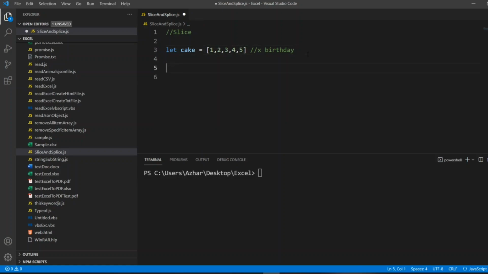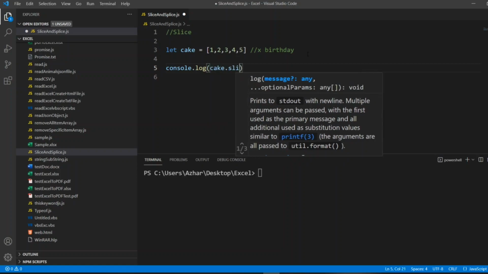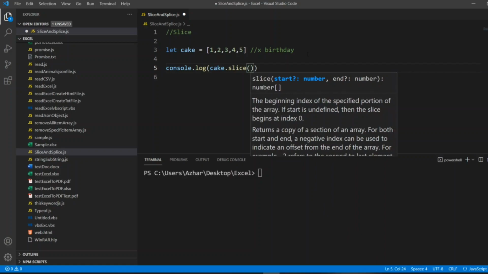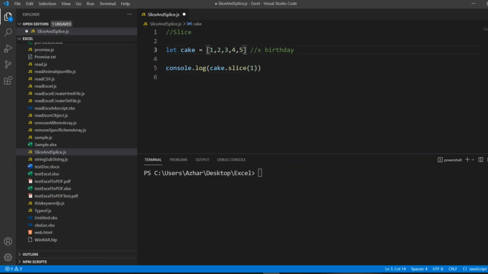So now, if I want to do that, if I want to slice the cake from 2, 3, or 4, I have to tell JavaScript, okay? So cake dot slice, cut it from 1. In arrays, this is the 0th index.